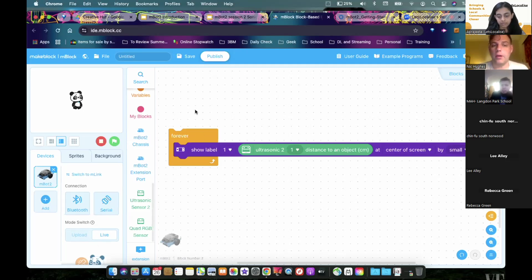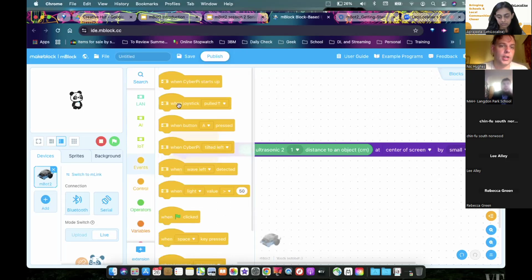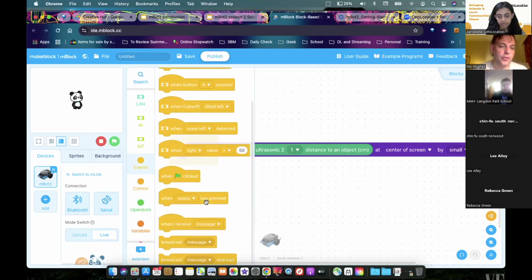So if you have an event block, if you clicked on this one, it would work straight away, or you put an event block on it once you've activated that event. Some of the events, the example I gave you, you can use for when CyberPi starts up or when you push certain buttons, but you've also got the traditional scratch events as well. So it depends on how you want to do that. Does that answer your question?